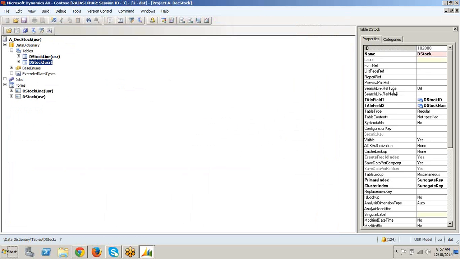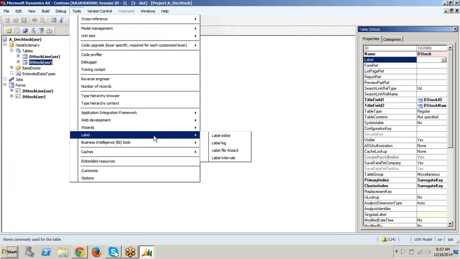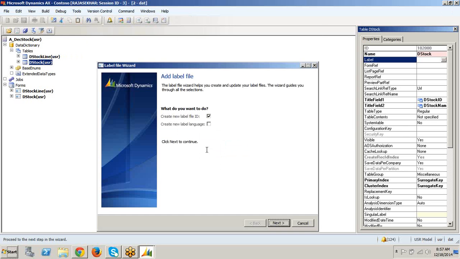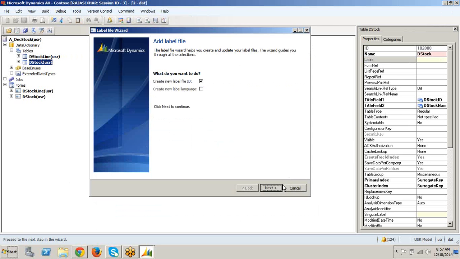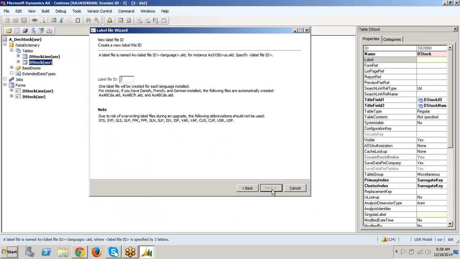If I want to create a label through a label file ID, I'll go to tools, label file wizard. Click on next, and in the label file wizard you have to give any three characters.